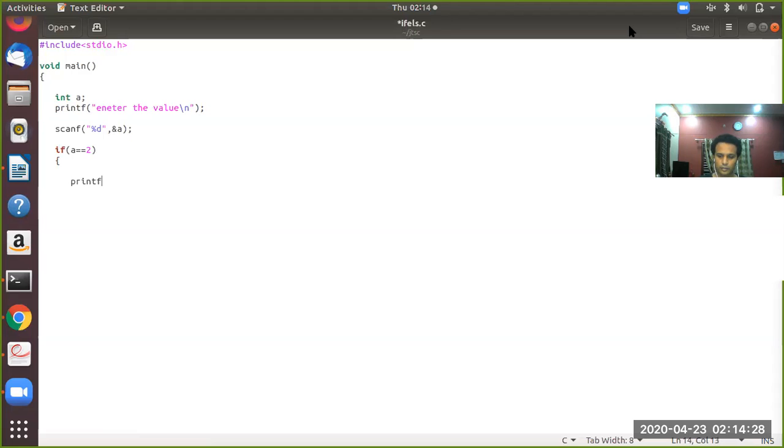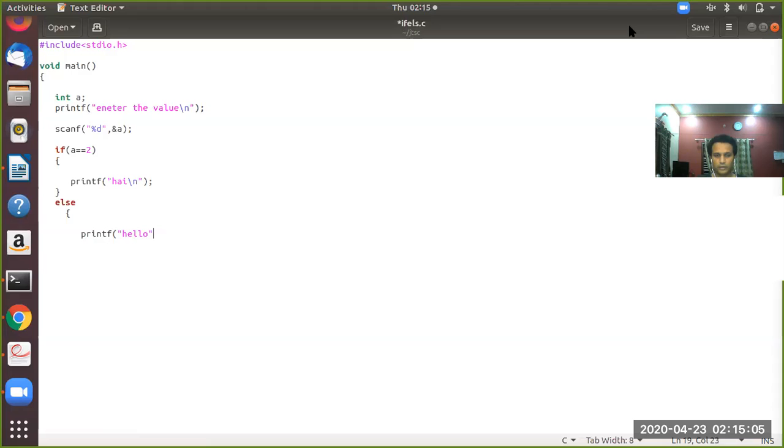Printf hi, backslash n. So close this. Then close this if. Else block, printf hello.